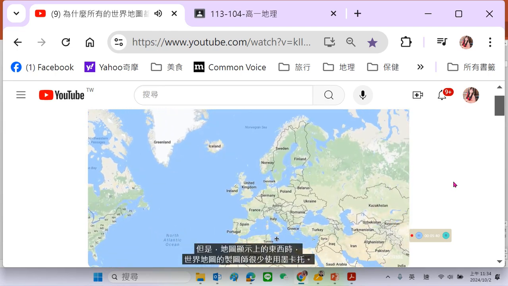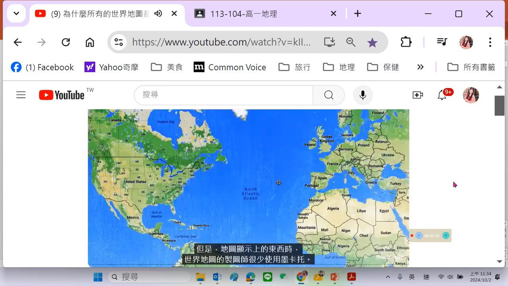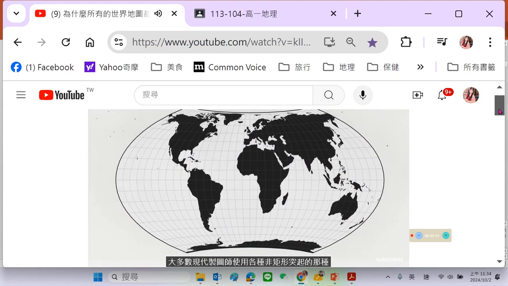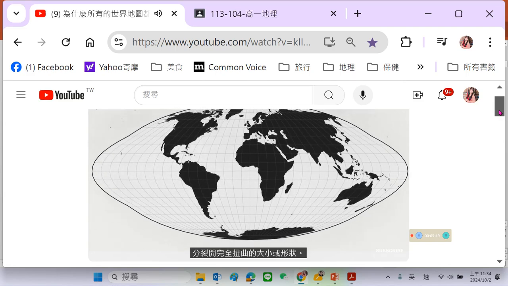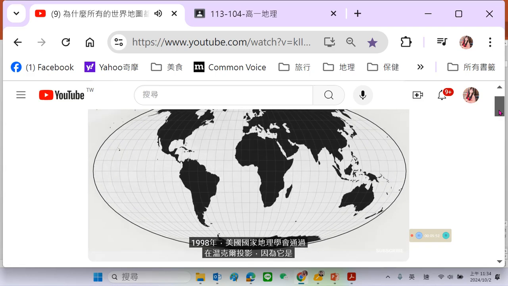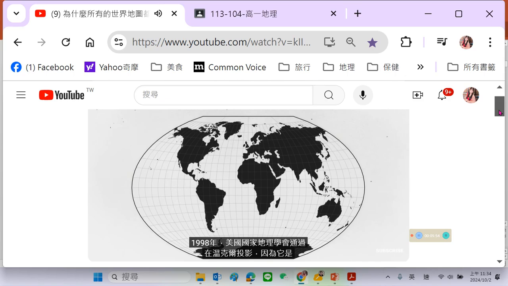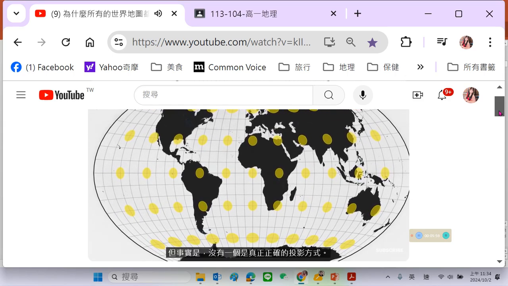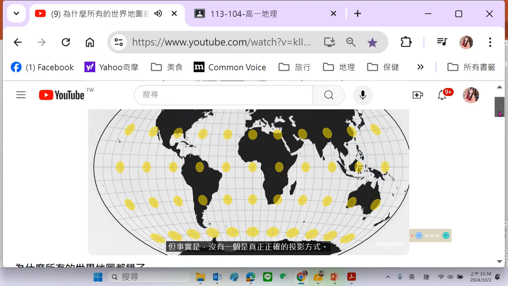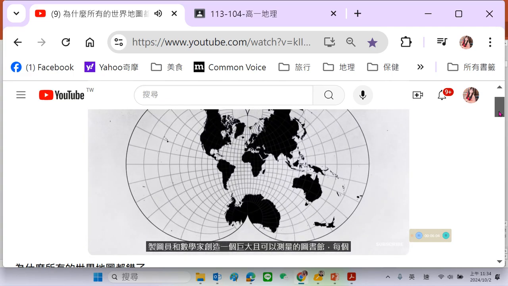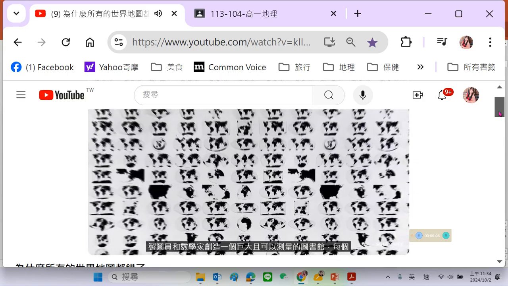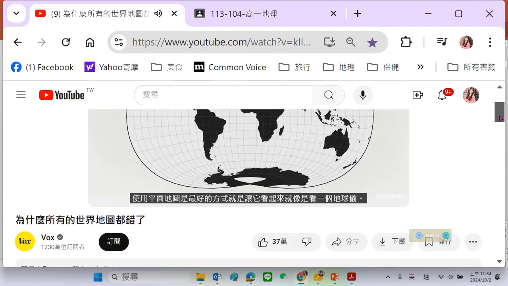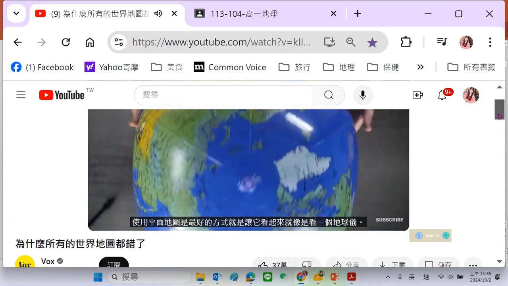But on a world map scale, cartographers rarely use the Mercator. Most modern cartographers have settled on a variety of non-rectangular projections that split the difference between distorting either size or shape. In 1998, the National Geographic Society adopted the Winkel Tripel projection because of its pleasant balance between size and shape accuracy. But the fact remains that there's no right projection. Cartographers and mathematicians have created a huge library of available projections, each with a new perspective on the planet, and each useful for a different task. The best way to see the Earth is to look at a globe. But as long as we use